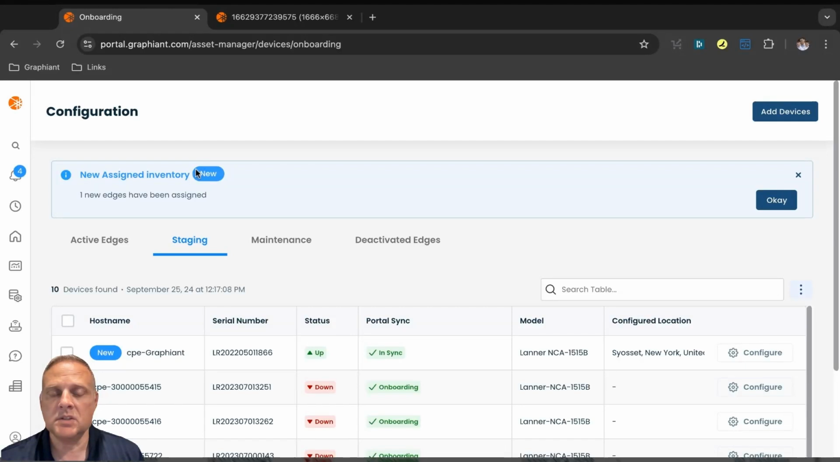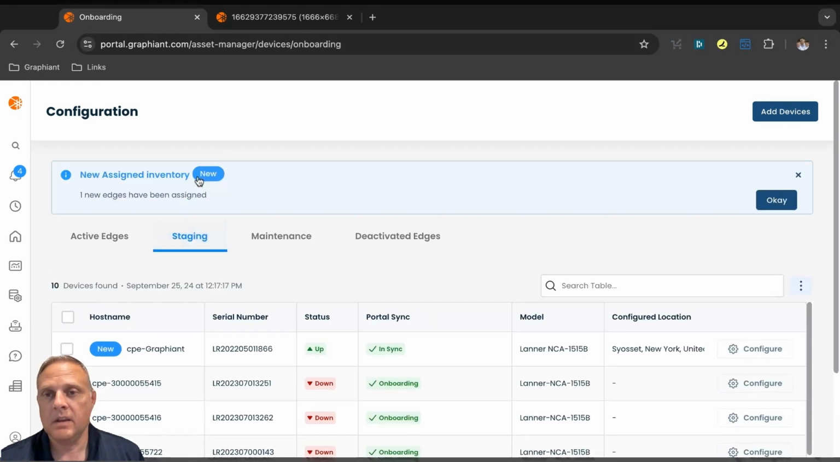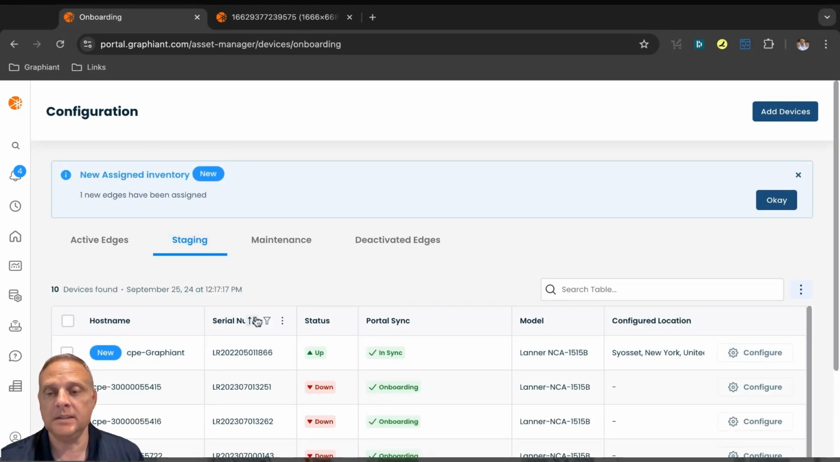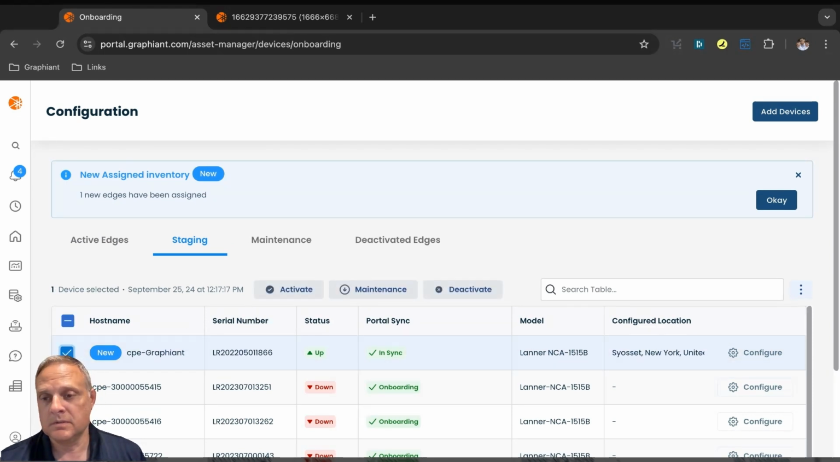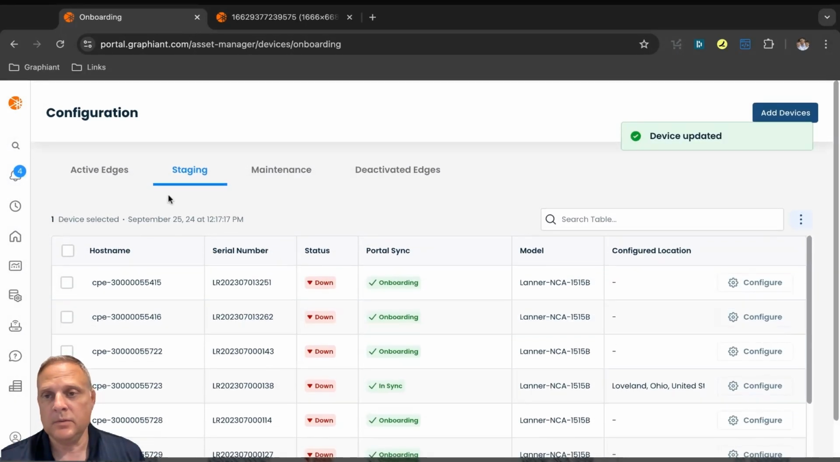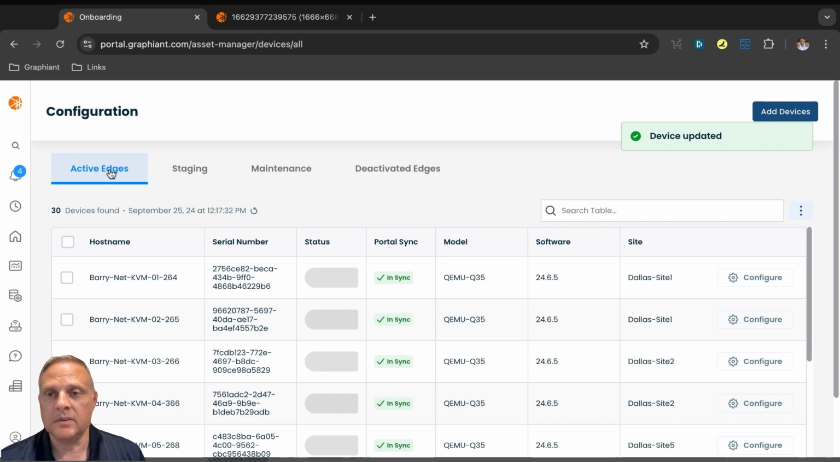It's still in staging. So now what we want to do is activate the device. Activating the device puts it into the active edges section and also enables the control plane and data plane. So in order to activate it, all you've got to do is click this box and click activate. And then if we go into active edges,